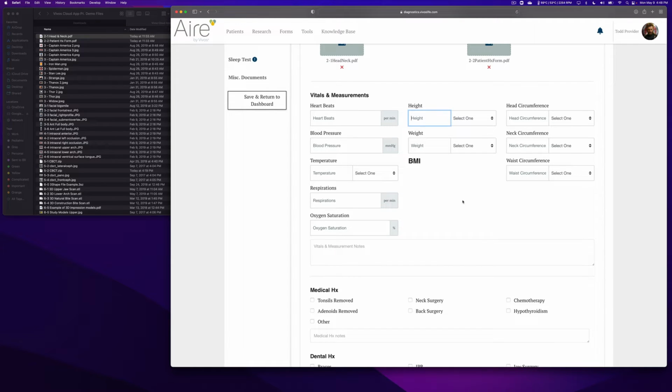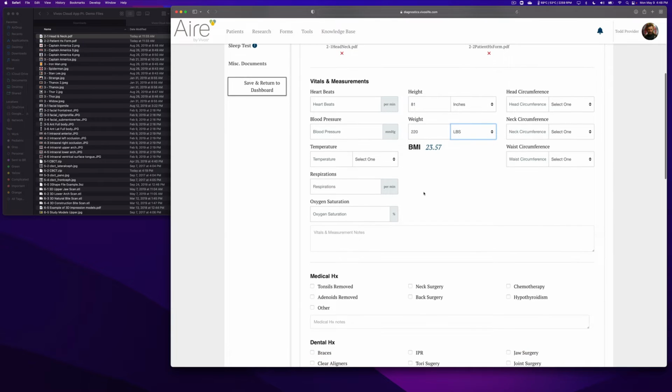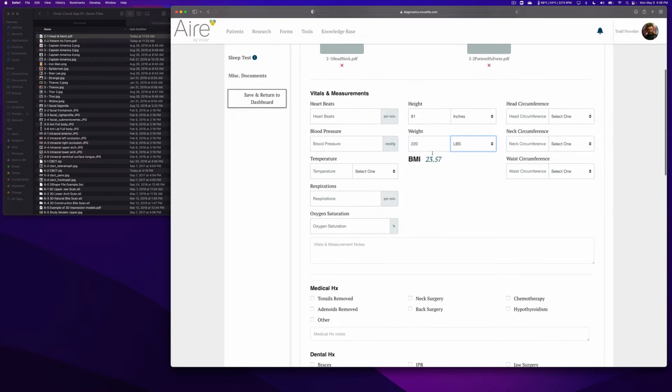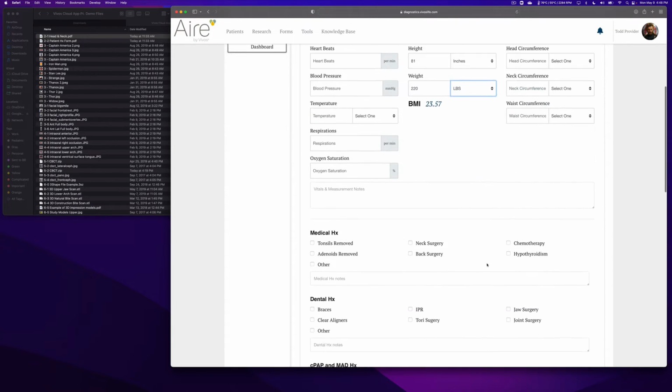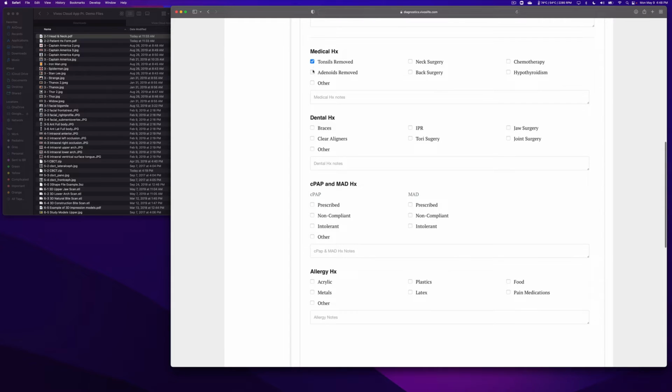But I just wanted to highlight a couple things here, particularly on the BMI. If you come in and type in the height and the weight, it will calculate the BMI for the Vivos integrated provider, just to double check on the head and neck exam. And then you'll come down here and maybe select a few things that relate to their health history,